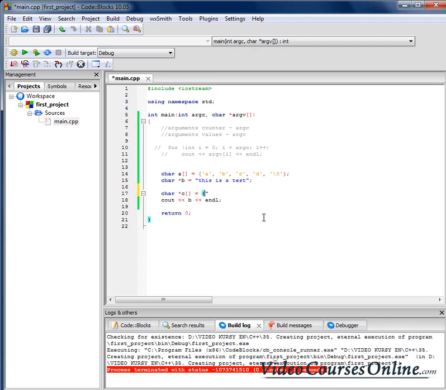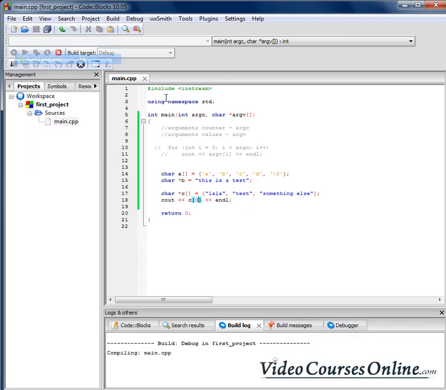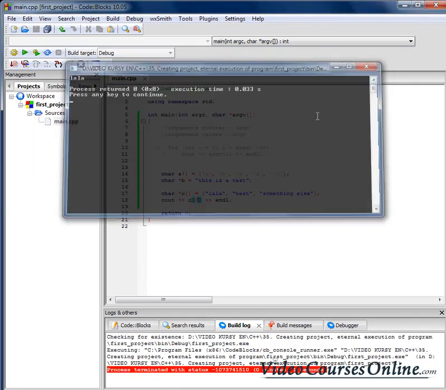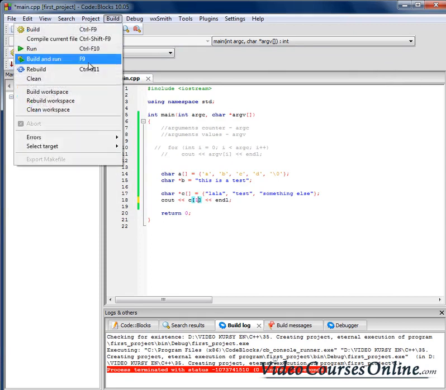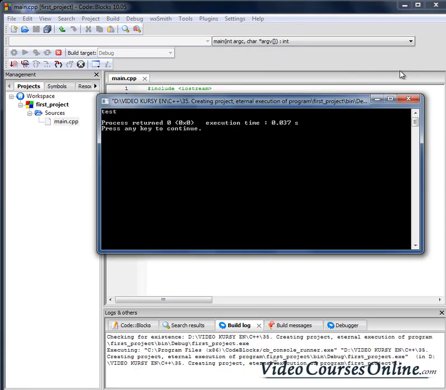Now I can just create an array of sequence of characters. So I can do something like this, and something else, right? So we have now an array of sequence of characters. So now we can send to the output, for example, C of 0, and as you can see, it is being sent to the output. All right,